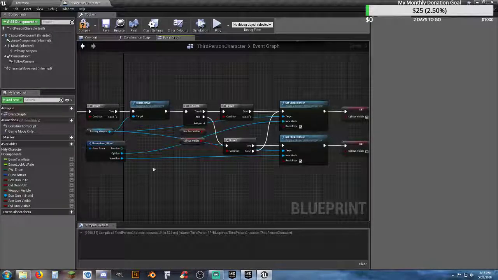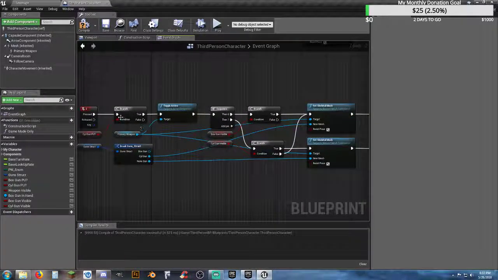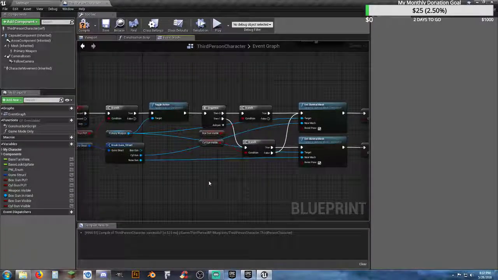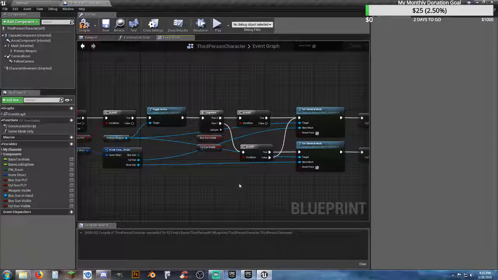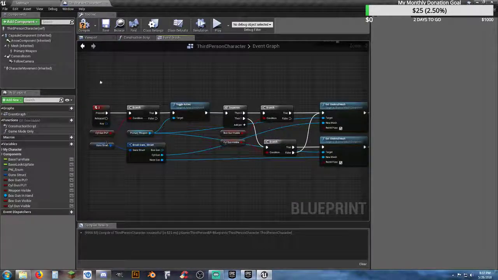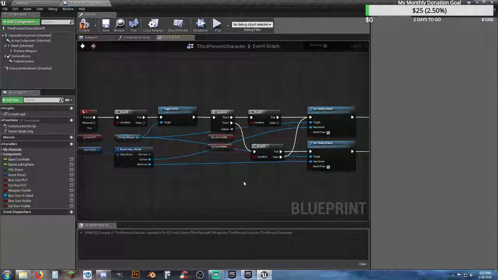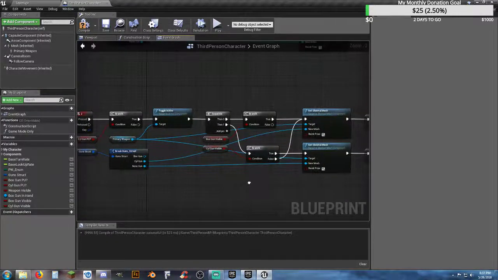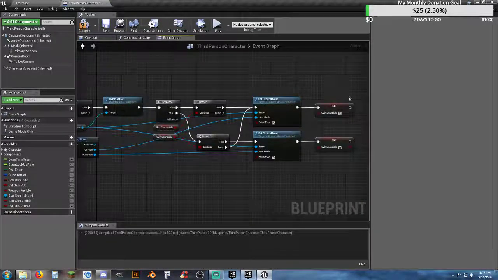Well, we're basing it off of we just hit the number 2 key. This isn't an event tick. This is not going to constantly be checking. It's only going to check whenever we hit the number 1 or number 2 key. So if we hit this, it's going to go through here, and then it's going to set that. If it's in false mode, what happens to there